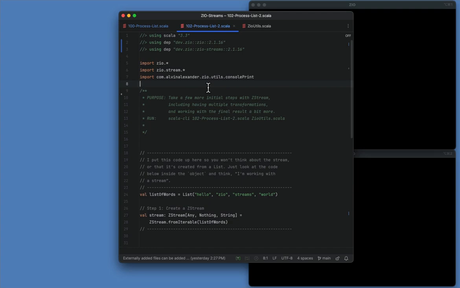Okay, in the second ZIO Streams video, I just want to take a few more steps with ZStream. To do that, we're going to have a few more transformations, and then we're going to work with the final result processing just a little bit more. So if we look at the code, we have the same imports as before, or actually I just updated this